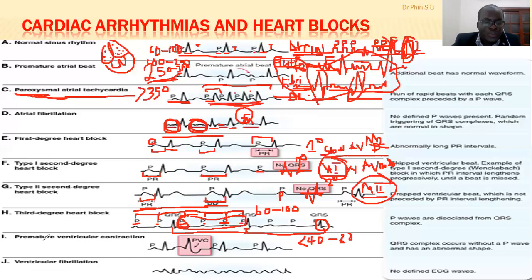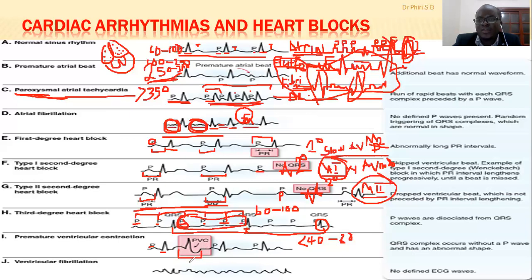Then you can have premature ventricular contraction. Premature ventricular contraction is whereby you have a P wave followed by a QRS complex. But again, the ventricles have pacemaker activity of their own that are producing an action potential that will bring about abnormal contraction of the ventricle. So this contraction of the ventricle is before